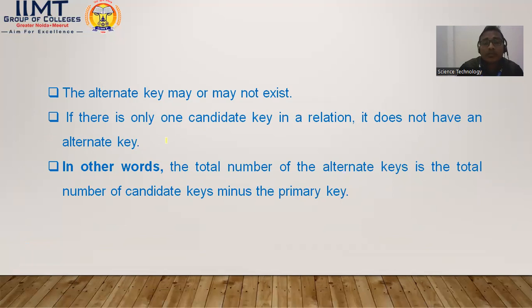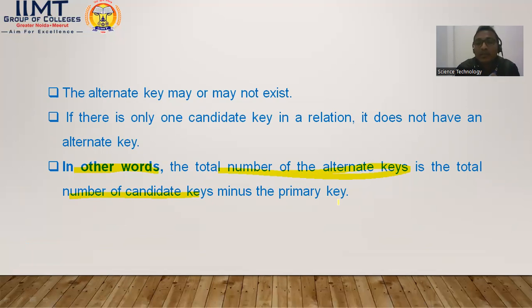does not have an alternate key, obviously. Suppose दो candidate key हैं हमारे table में, तो क्या किया? First one is a primary key and second one is a candidate key, और third one है नहीं, तो उसमें फिर alternate key नहीं होगा. In other words, the total number of alternate keys is the total number of candidate keys minus the primary key. This point is very important. In other words, the total number of alternate keys is the total number of candidate keys, कितनी candidate key है उसमें से प्राइमरी की को माइनस कर दीजिए, प्राइमरी की माइनस करेंगे तो जो